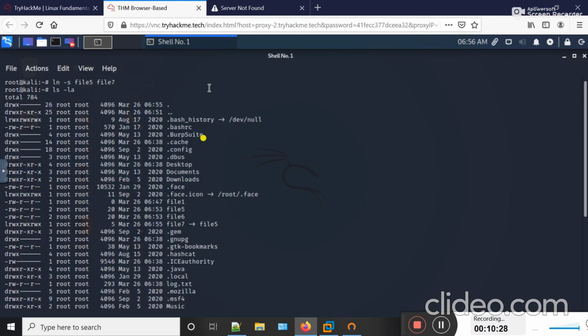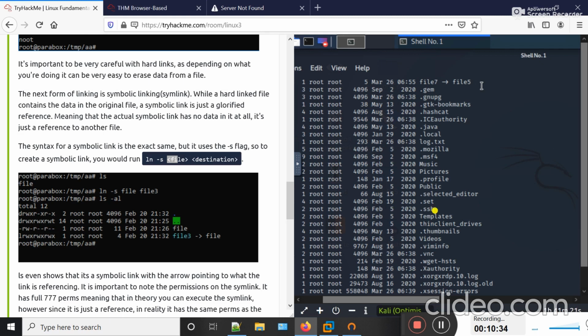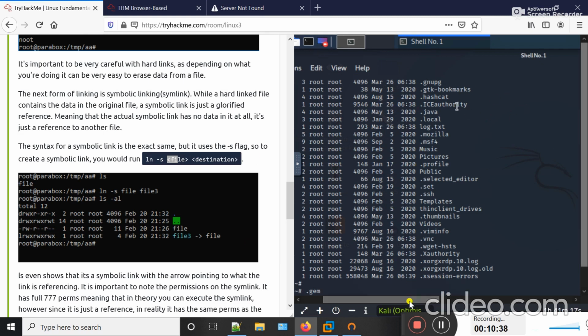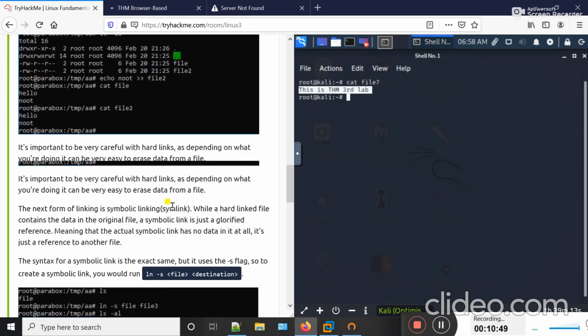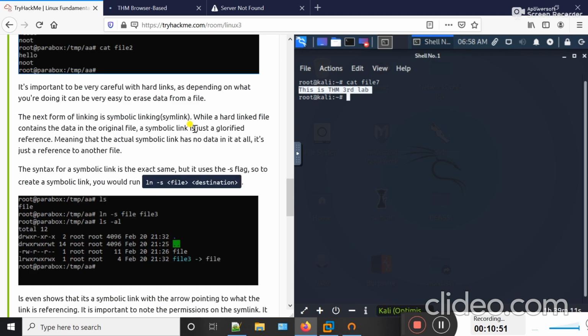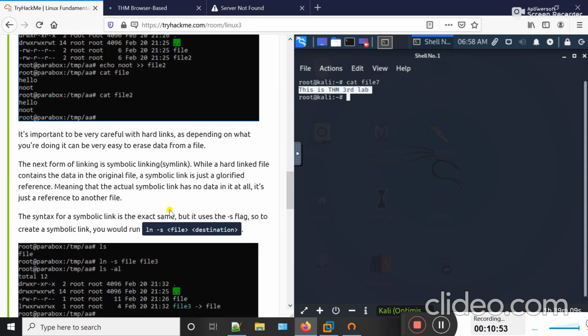that is file5. So guys, if now I want to show the content of file7 to you, the content of file7 should be like that, the content of file5. Okay, if I type here, so guys, you can see the content of file7 is here. It's the same as the content of file5. Okay, hope now you understand the concept of the ln command.